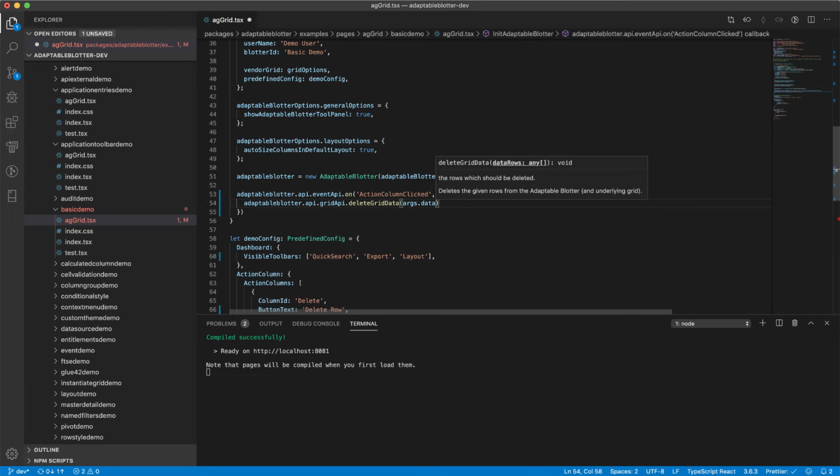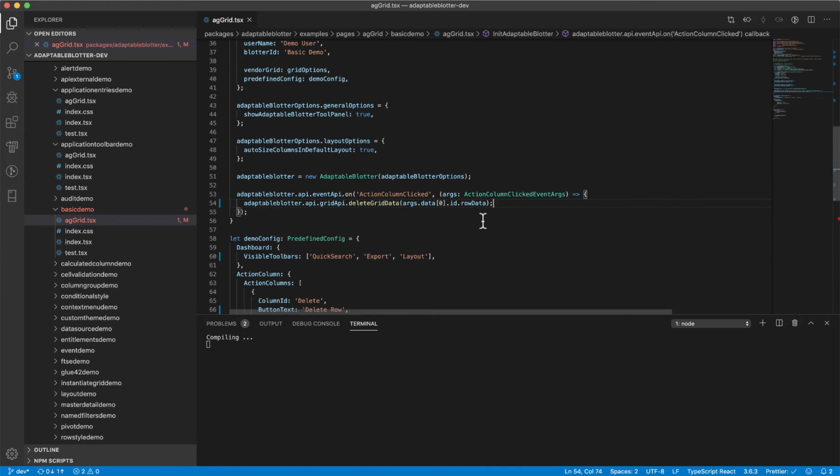Now these args use the FDC3 schema, so you have to do data.0.id, and then you get the args. You get the name of the column, you get the primary key value if you need it, and then you get the row data. This is what we want because we're actually just going to delete that whole row. So we create that,